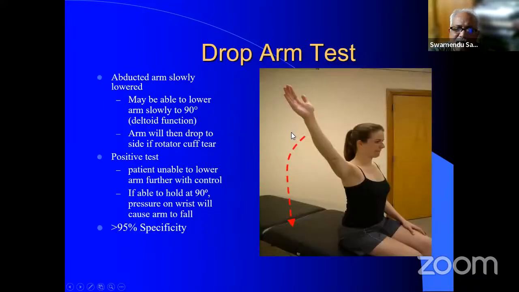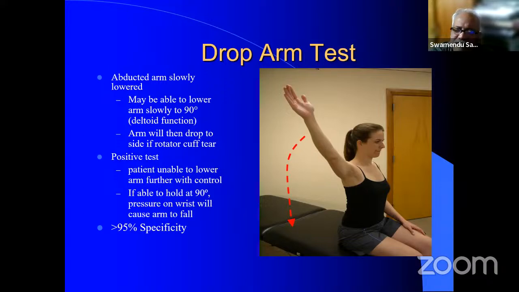Then the drop arm sign that we all know, the drop arm sign and the horn blower sign. The drop arm sign test is classically the test for when there is a tear of both the supra and infra. Once the patient is fully abducted, ask the patient to gradually come down to 0 degrees of abduction. Suddenly from 90 degrees to 0, when he cannot control it, suddenly the arm will